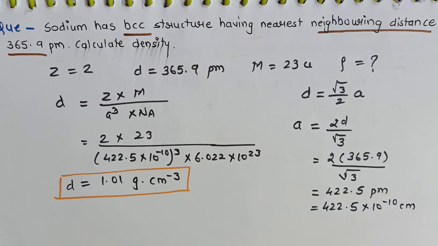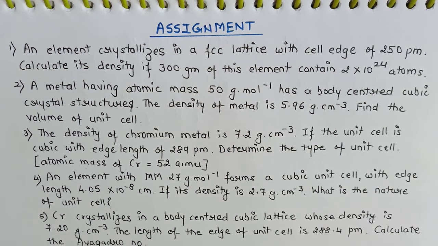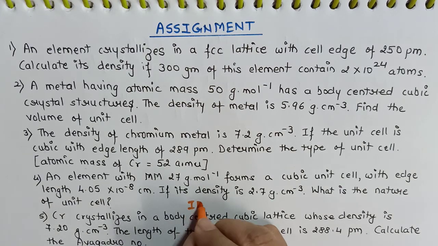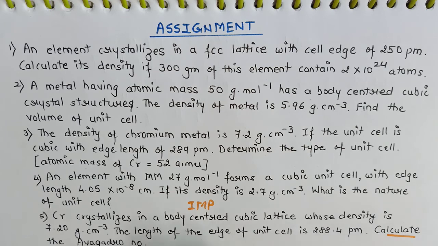So this is how the questions based on the derivations of packing efficiency, the derivation of density, and the numericals of density are asked in board exams. Now you can try these numericals on your own. Especially the fifth one, I will say it is important, because it is related to calculation of Avogadro number. Don't write the answer directly, 6.022 into 10 to power 23. Instead, you will calculate the